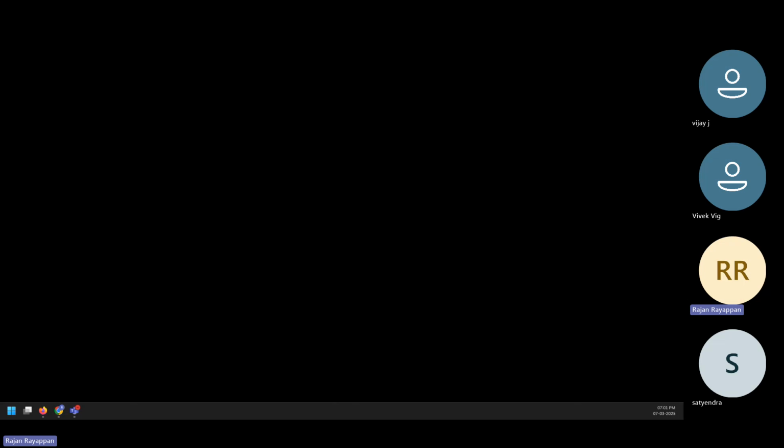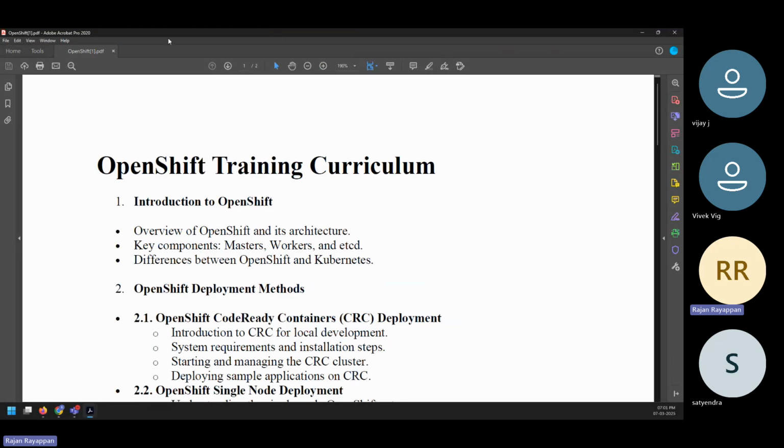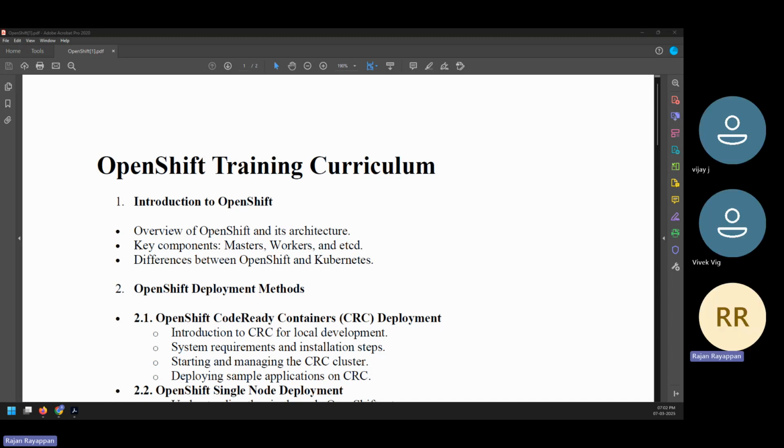So as we said in the training curriculum in our alumni group, this is the plan for the OpenShift training. Mostly, I am interested in concentrating on the AI use cases. Increasingly many private clouds are training and deploying AI models in their private lab environment. That is the reason Red Hat has brought up